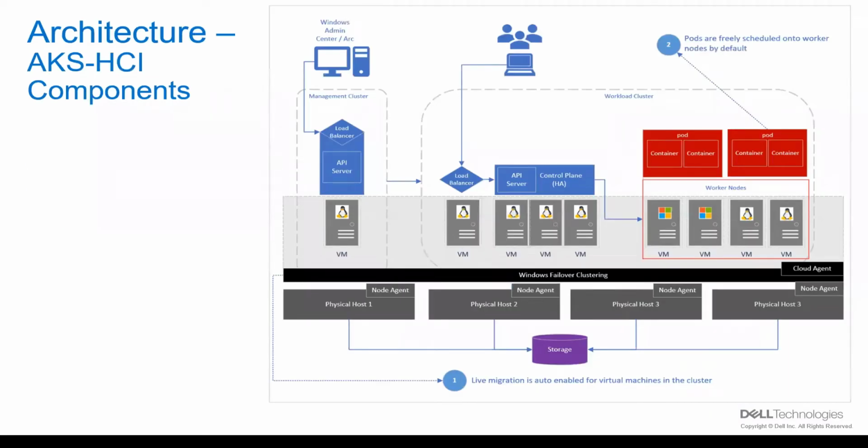All right, so if you look at the AKS HCI components, this is, I'm sure, a familiar architecture with most Kubernetes distributions. If you look at the mechanics of AKS on HCI, there's a cloud agent that gets deployed on the underlying cluster, which is obviously powered by Dell PowerEdge AX nodes. And cloud agents get deployed on each physical node. So obviously this is a failover Windows cluster that you deploy and create